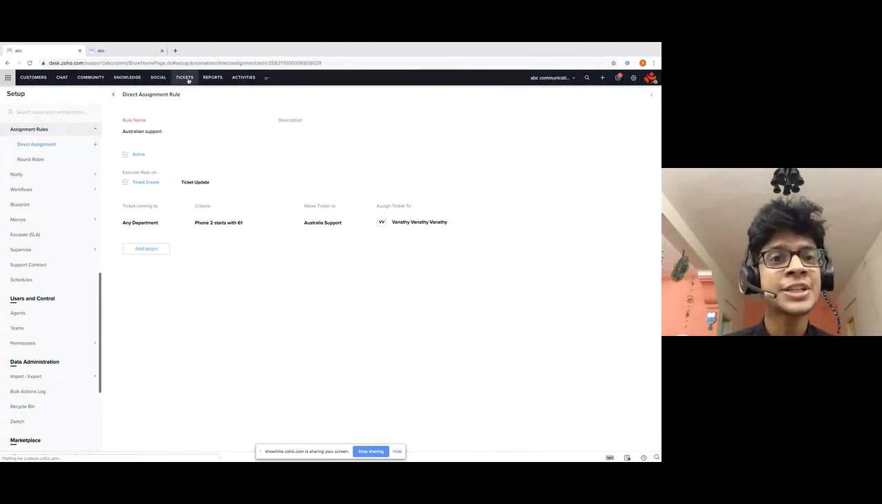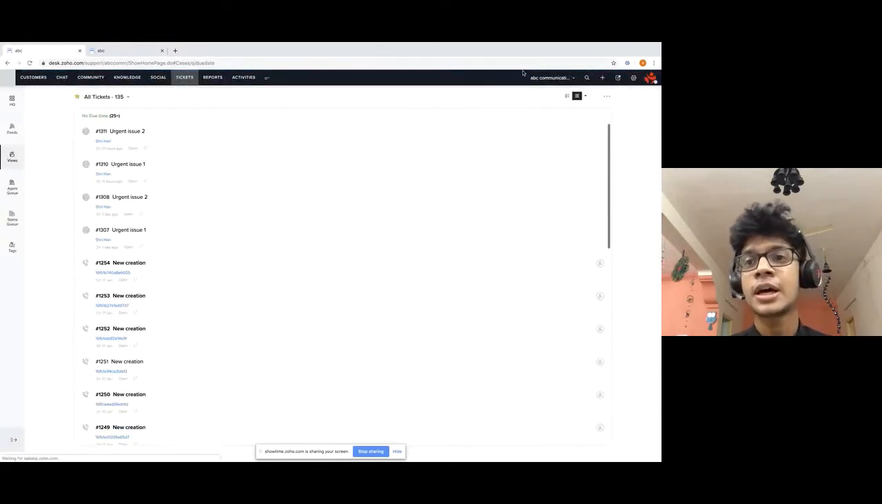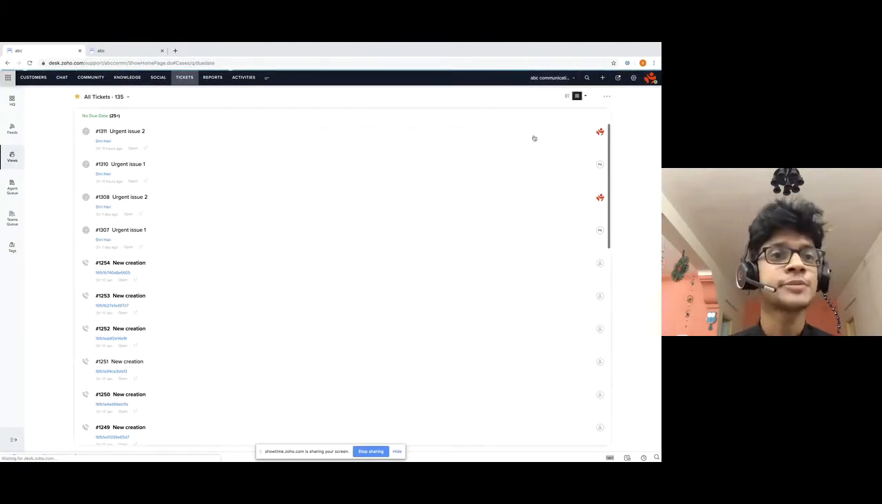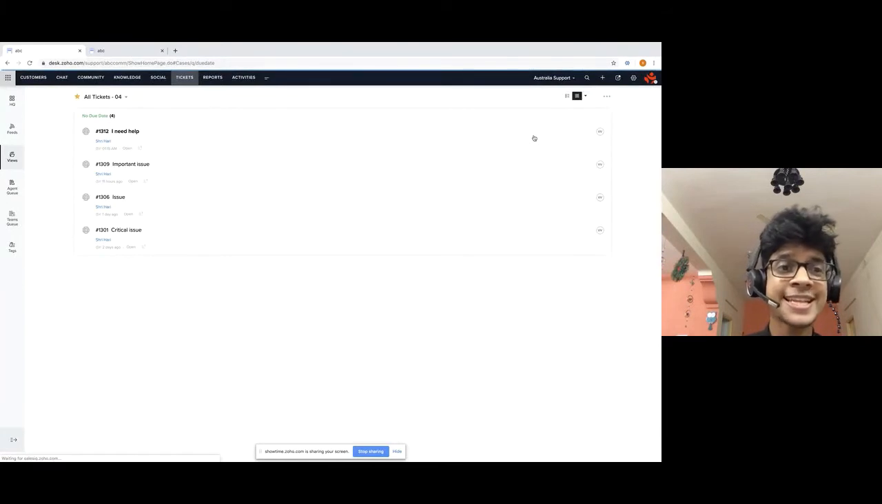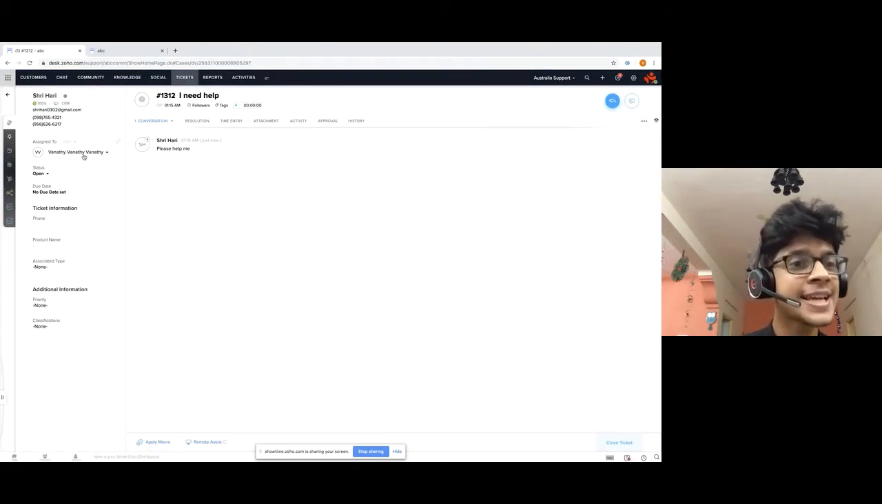So I come back here to the tickets module. As I come back here to the tickets module, I choose to switch to this department called Australian support. And you would be able to see this ticket that I created right now from the help center of Zoho Desk, automatically routed to this department called Australian support and assigned to this agent called Vanati, who is a region